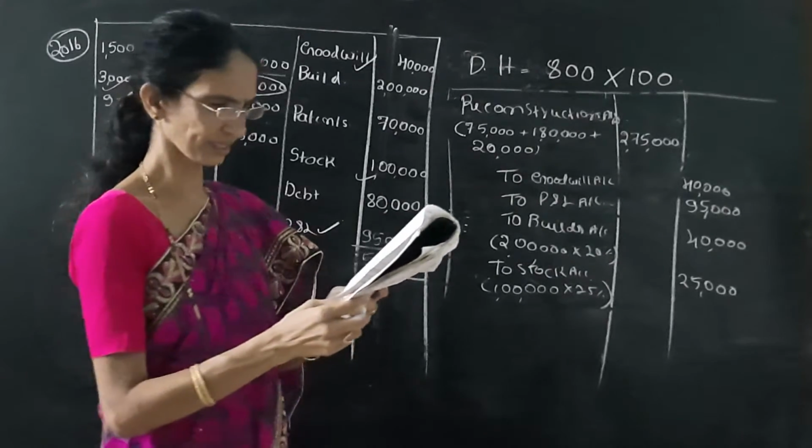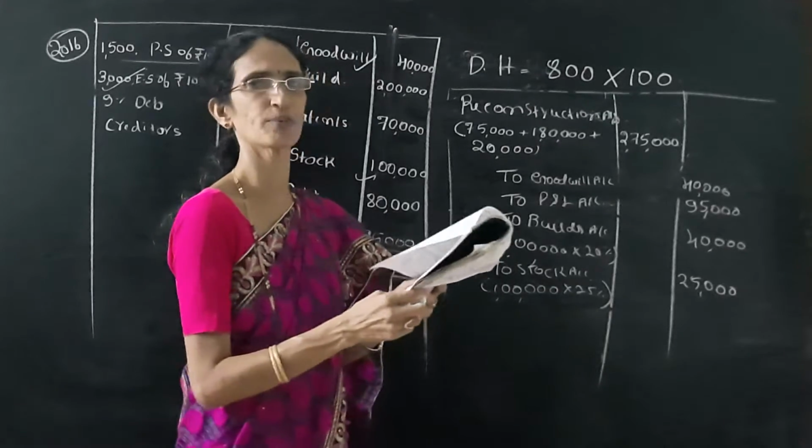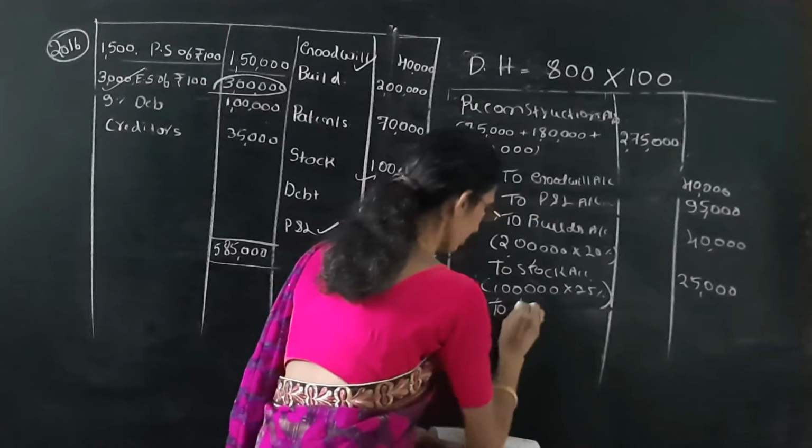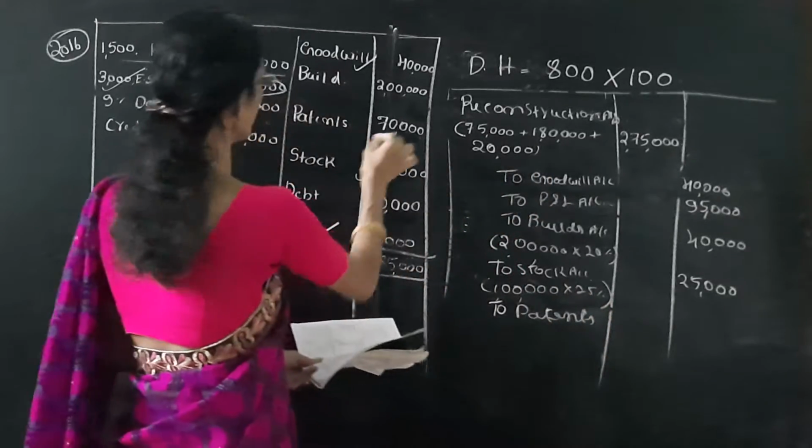It is also given like this, all the fictitious assets including goodwill and patents were to be eliminated. So here we have to eliminate patents also. So to patents account, patents is